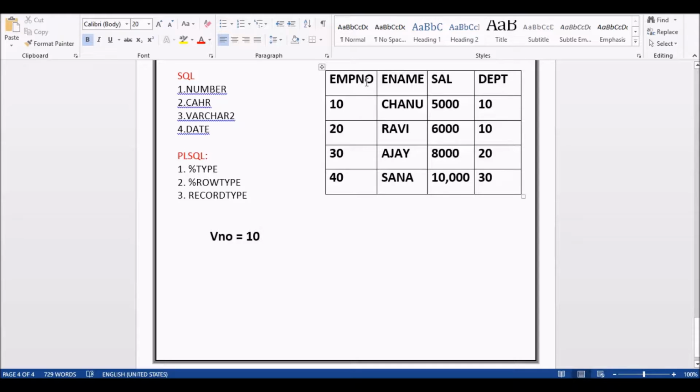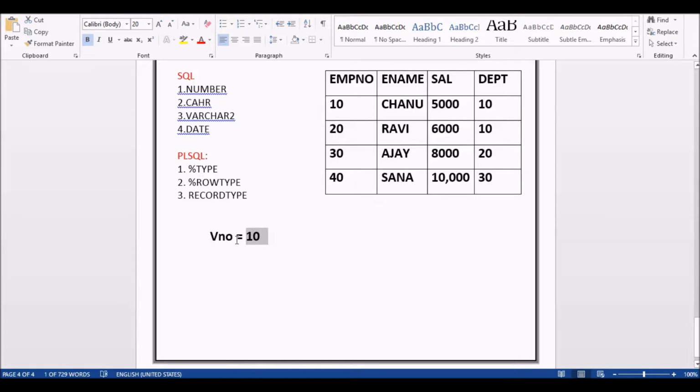Its data type is EMP.EMPNO. Whatever data type is available in EMPNO, that data type is given to v_number. You may also store the salary value or the department number value, because v_number is of data type number, so we can store whatever number values in this v_number variable.